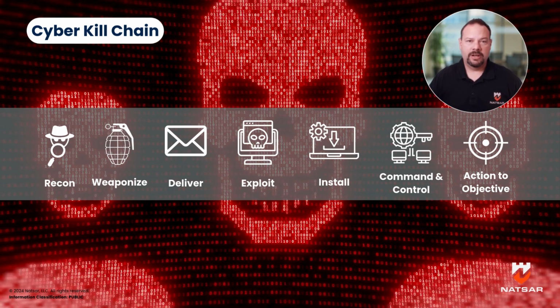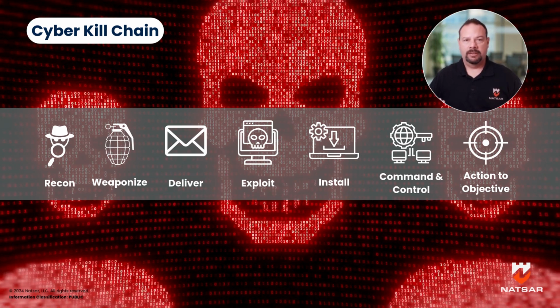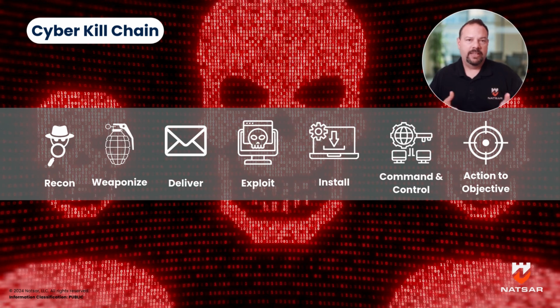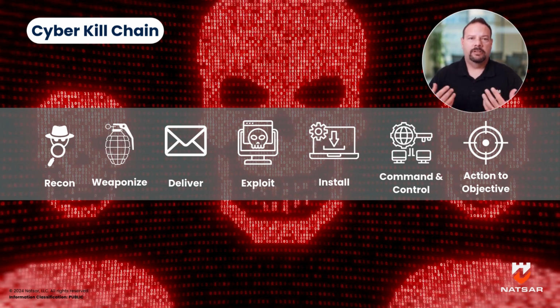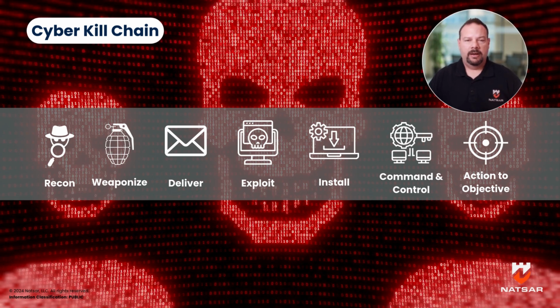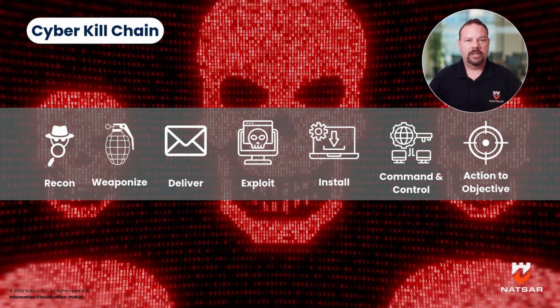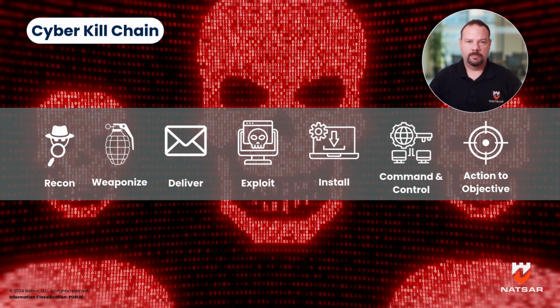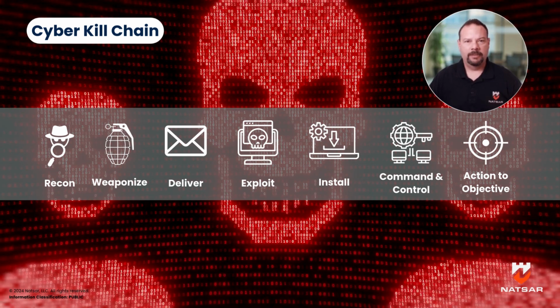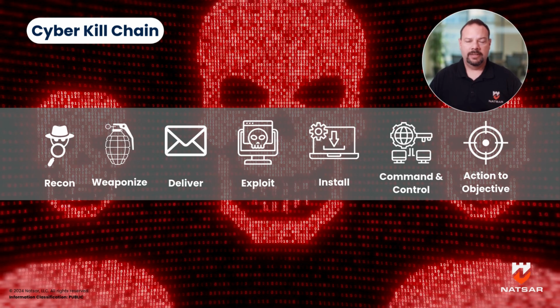It could be that they've discovered a vulnerability that's exploitable and they launch an attack against it. And that takes us to the next step, deliver. They have to deliver their weaponized attack against you somehow. Generally, over 90%, we see this as being phishing or spear phishing emails, but it doesn't have to be. Then they exploit the system.